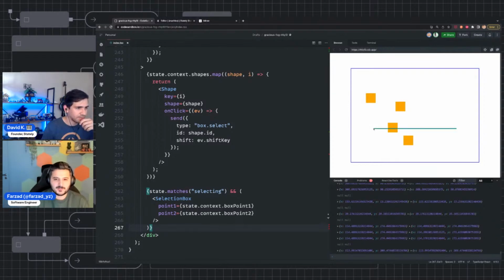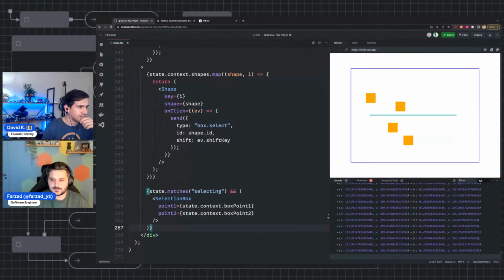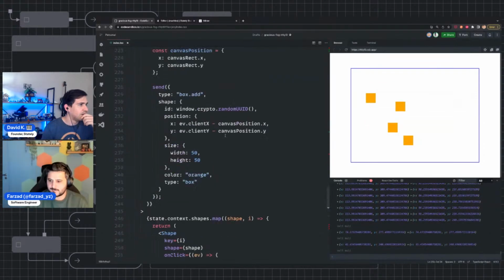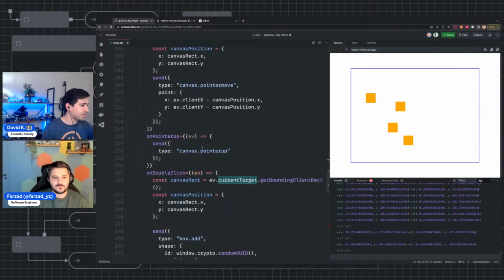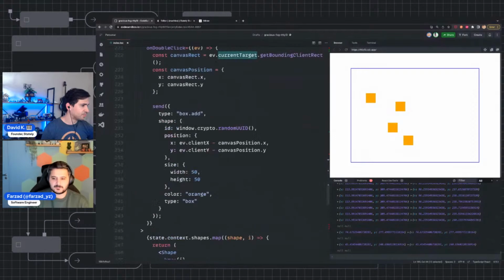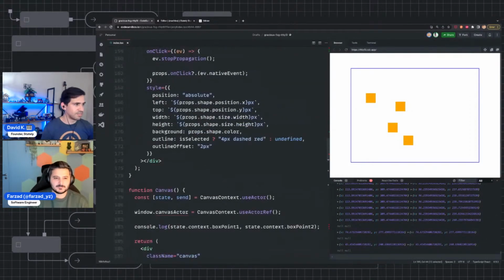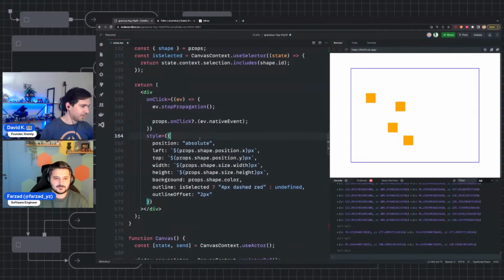That shouldn't be happening. I think the calculation for client X and Y against the frame of the canvas is going wrong right now. Yeah, you're probably right. So event current target get. Oh yeah, why are we? You know what? Okay, I think it shouldn't be an event current target. No, actually that's correct. So this is correct. I'll tell you what's not correct and what I should have done in the beginning. And Steve is probably screaming this right now. But